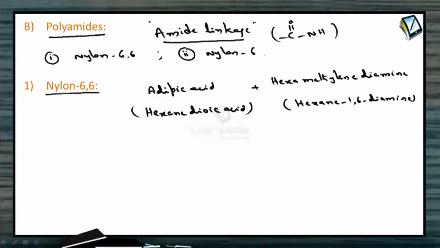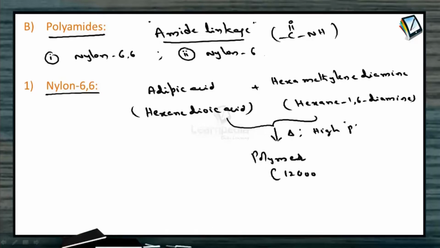And if you can see, this adipic acid is otherwise called hexanedioic acid, in which hexa, 6 carbons are there. And in the other monomeric unit also, it is hexane 1,6-diamine, in which also there are 6 carbon atoms. Thereby, the polymer is given the suffix 6,6. And in fact, these two monomeric units are subjected to condensation by heating the reaction mixture under high pressure. And the polymer formed, Nylon 6,6, possesses a molecular mass in between 12,000 to